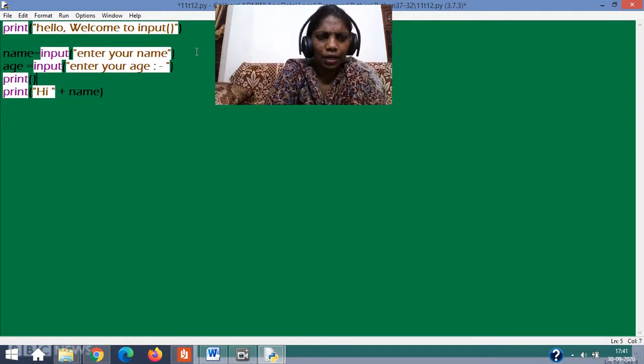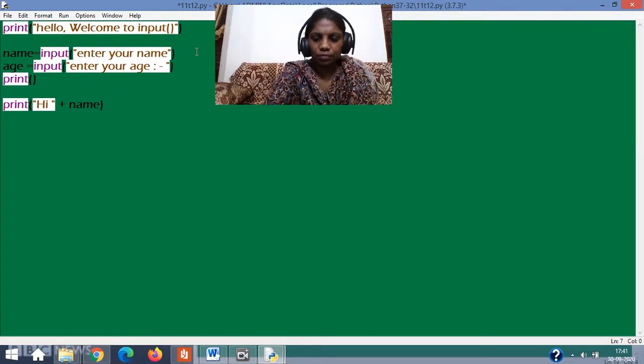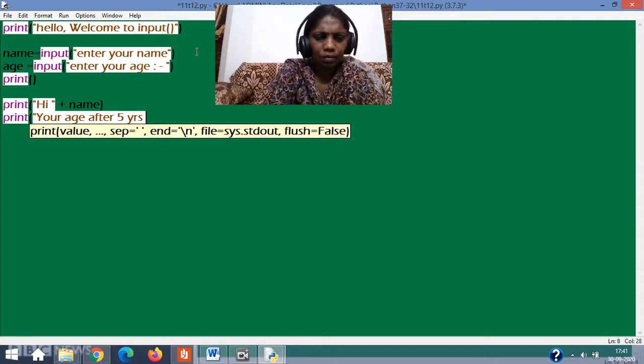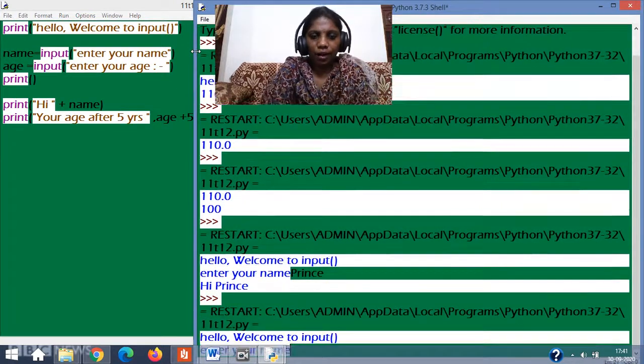And if I write a print like this, you will see how it comes. This is to show you one error. It should just print age plus 5, but what did I say? I said it will accept only a string value. So let's run it.